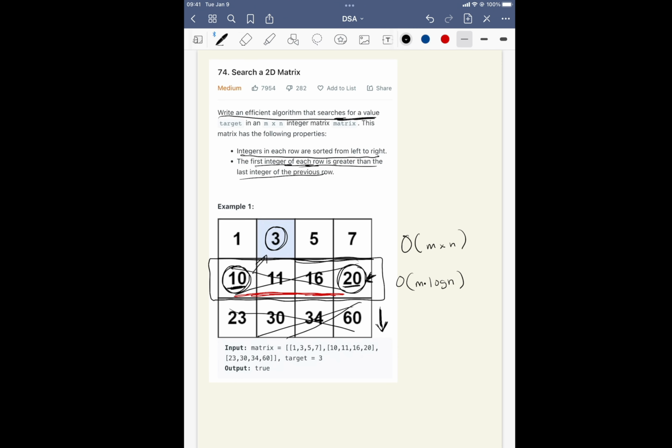Is our target less than the first thing in the row, and that's 10, and it is. So we know we should look up,